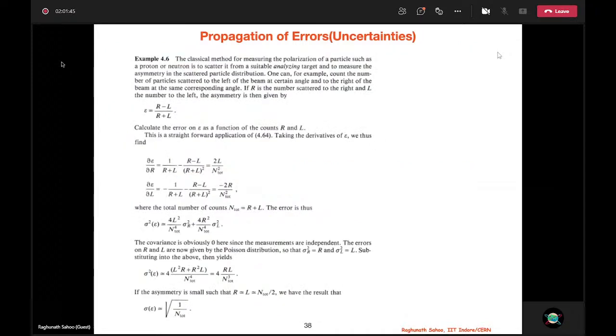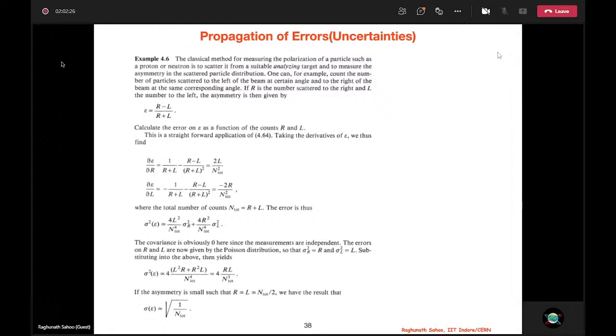Okay. So now let me take one example. This is a beautiful example. In the classical method for measuring the polarization of a particle, such as a proton or neutron, you scatter it from a suitable analyzing target and measure the asymmetry in the scattered particle distribution. So if I am looking into polarization, what I am doing is scattering into the whole phase space. Then one can, for example, count the number of particles scattered to the left of the beam versus right, because it is an asymmetry measurement, and the asymmetry is defined as